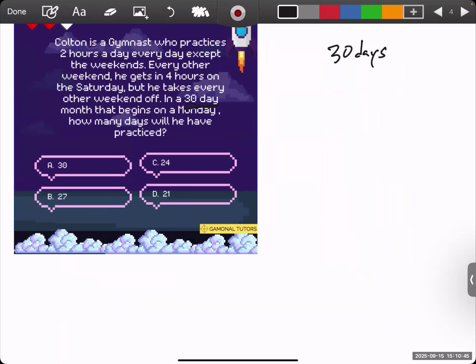2 hours a day every day except the weekends. So he skips weekends, but not every weekend. He is a studious gymnast. Every other weekend, he gets 4 hours on Saturday, but he takes every other weekend off. So 30 days, starting on a Monday,